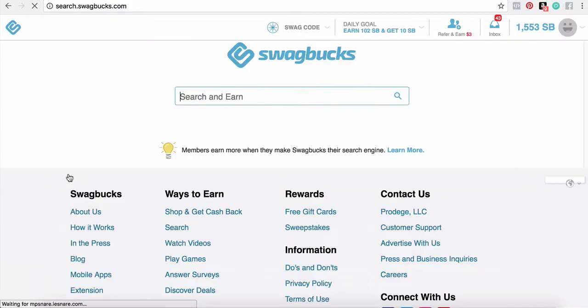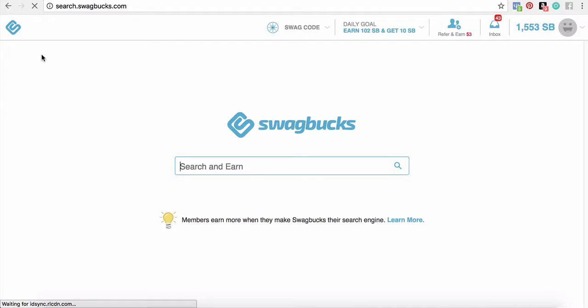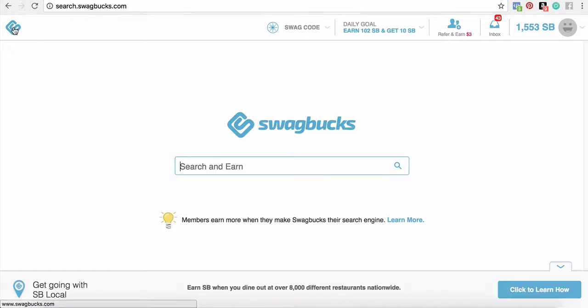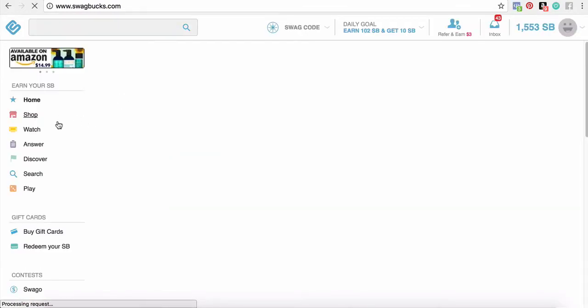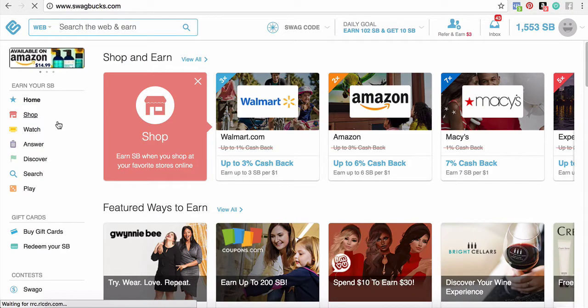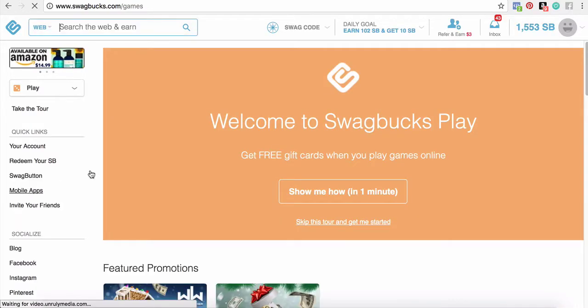Now, I already explained the search feature. I don't have a ton of success with it. I don't like their search feature. I have seen some people win like 500 Swagbucks from just one search. So there are those big winners, but to me it's a lot of hassle to come in here and search versus just typing in the search bar. So I don't personally do it. And then